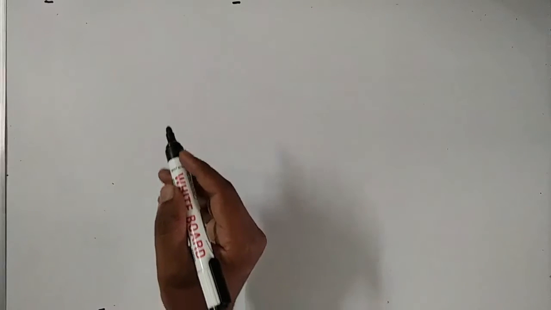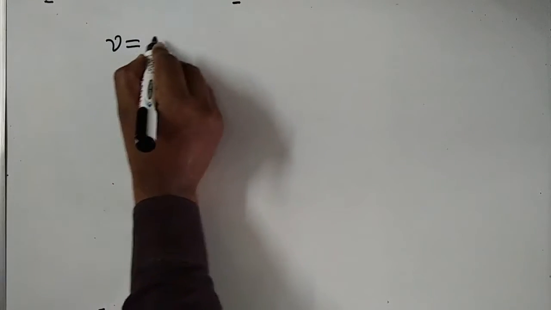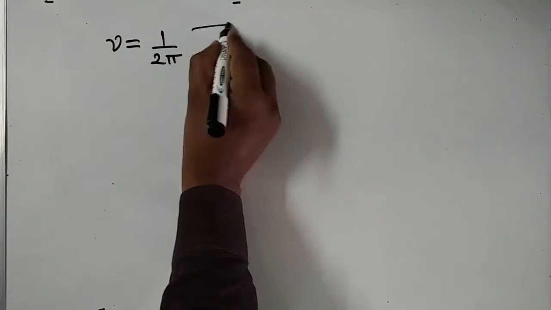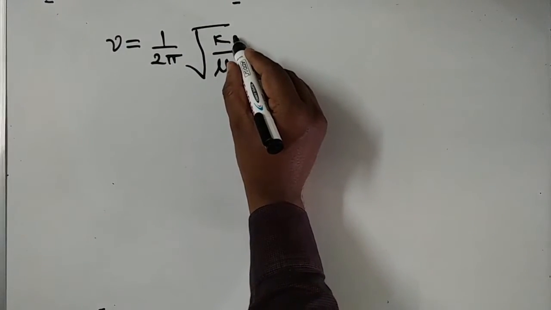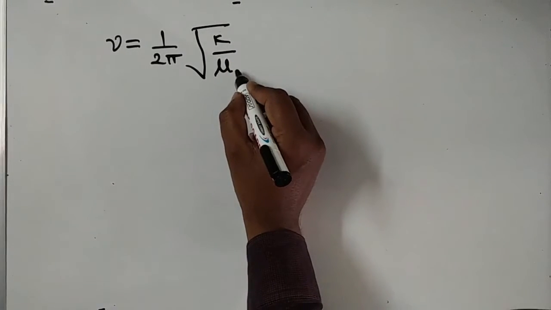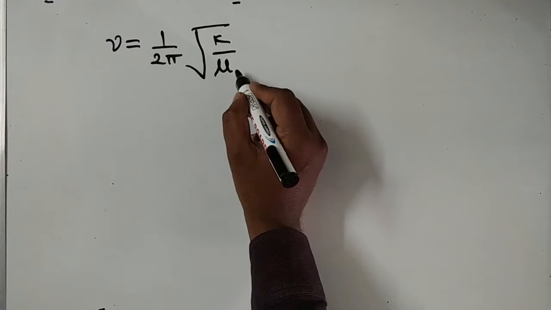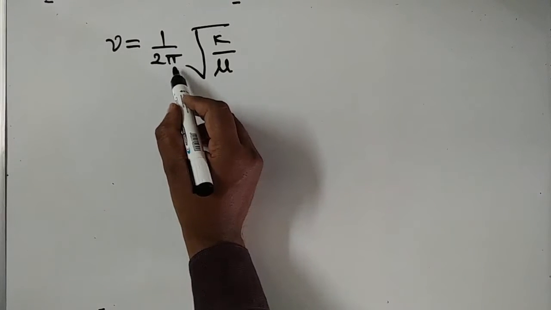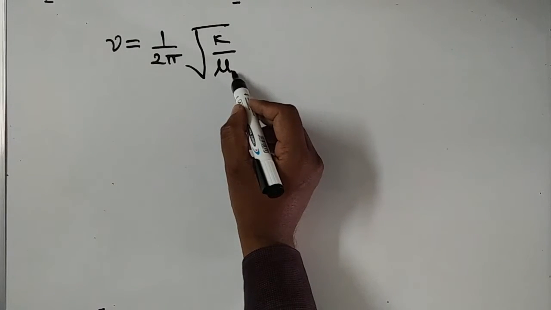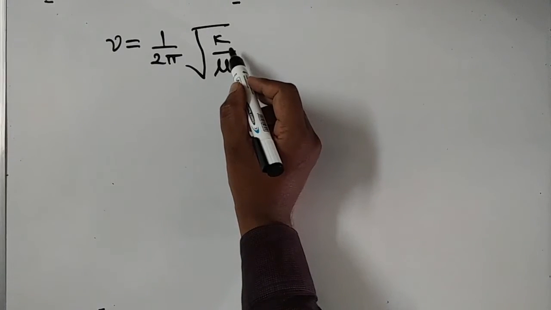First we know the formula for the vibrational frequency. The vibrational frequency of the diatomic molecule is given by nu is equal to 1 upon 2 pi root K upon mu, right? Here K is the force constant and mu is the reduced mass of the system. So here the vibrational frequency nu is given to us. This 2 pi is constant, and we will calculate mu from the given masses and put into this equation so that we can calculate K, right?